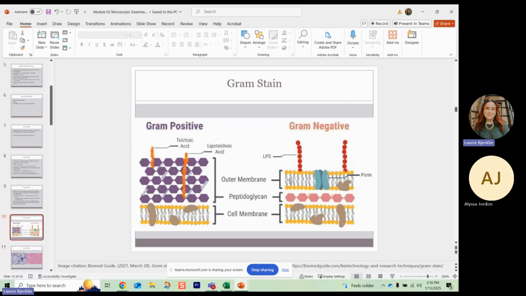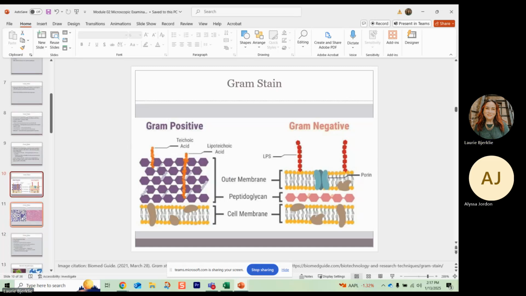The other main difference is gram negatives also have that outer membrane. Both positive and negative bacteria have cell membranes, but the gram negative bacteria also has an outer membrane that's right above that peptidoglycan layer, and gram positives don't have that. So that's another key difference we learned last week, just to keep in mind. So there's the overall picture representation of gram staining and why one remains purple and the other remains